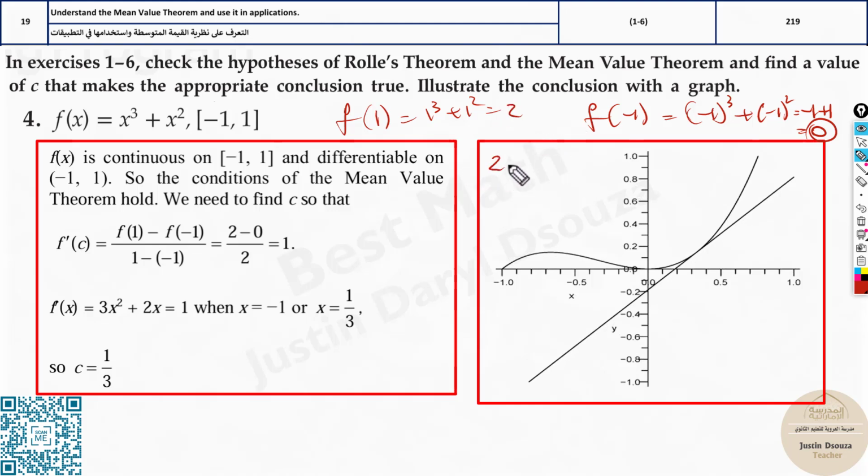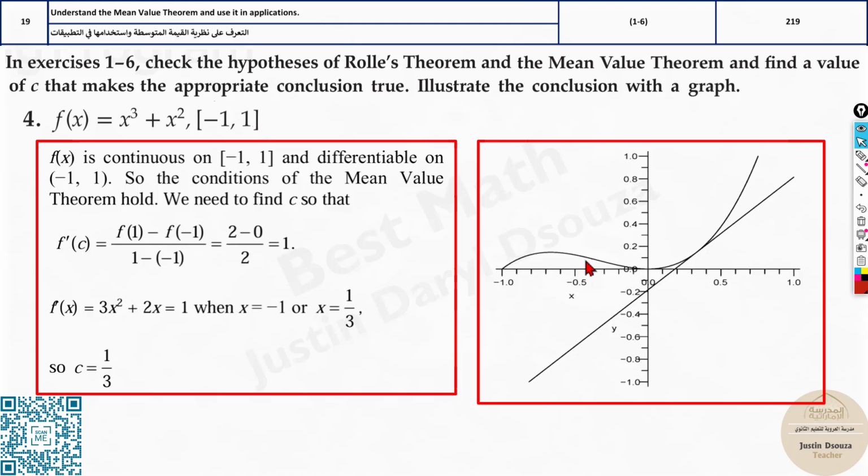So we have to use the mean value theorem. 2 minus 0 by 1 minus of minus 1. Why? Because this is minus and minus 1. So it's 2 divided by, minus and minus becomes plus, 1 plus 1 is 2. The answer is 1. Here this is 1, but what is the derivative of this? We have done that before, right? Just make sure you make it equal to 0 and bring it inside and solve it up. You'll get the answer. See, now here the c value is 1 by 3, and when you graph it up,